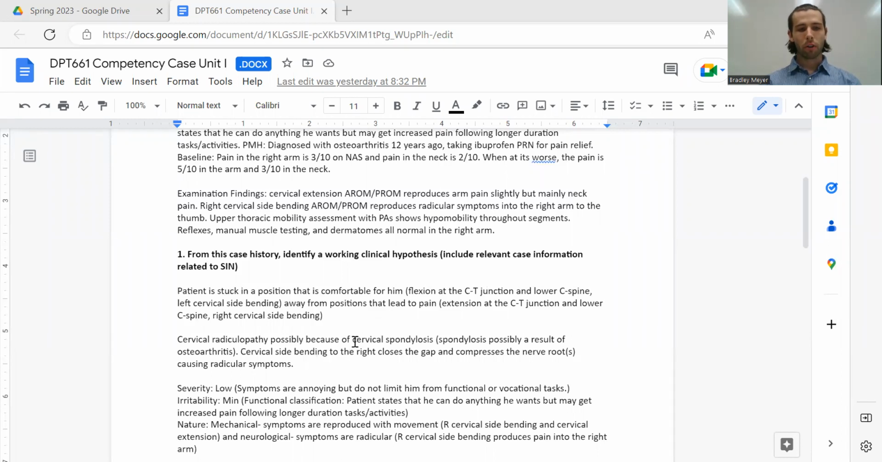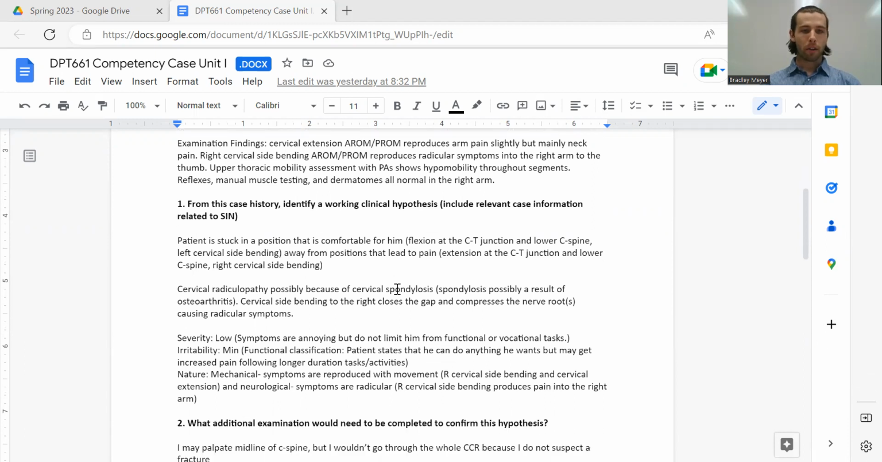I hypothesize a cervical radiculopathy. Possibly his spondylosis might have been leading to this. Also, possibly osteoarthritis might play a role in his spondylosis. So cervical side bending to the right closes that gap on the right and maybe compresses some of those nerve roots, causing the radicular symptoms that he's having. So he kind of wants to stay away from that side,